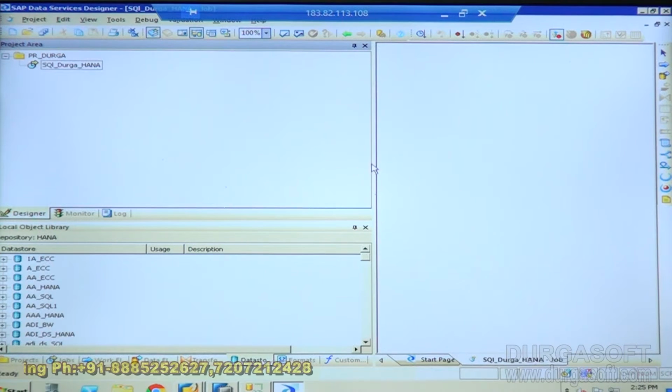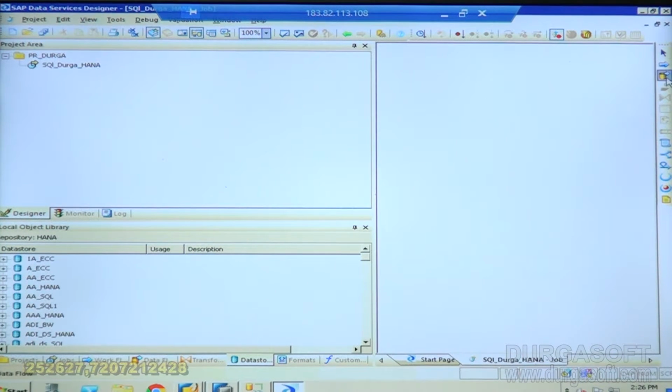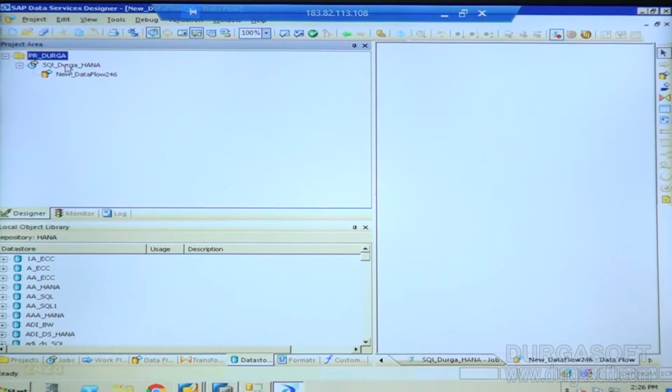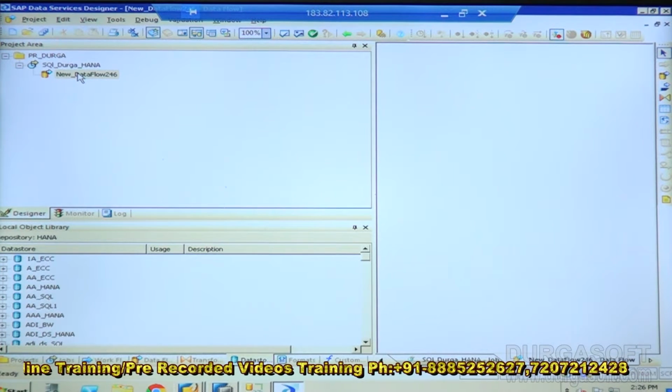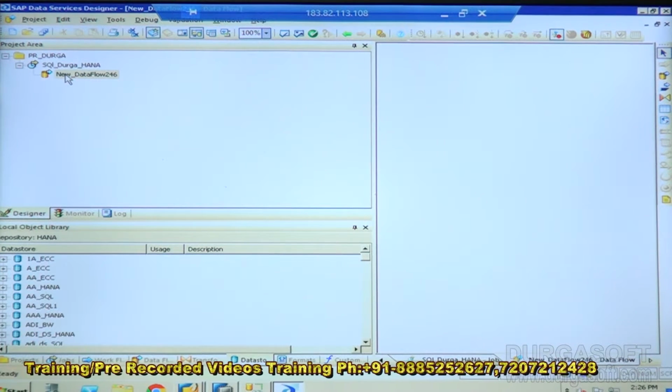So I'm loading data from this one, and you can see when you expand the part, on the right side you can find the option called data flow, this icon here. Just click on it and drag it up. Then double click on this icon. What I do is I need the connection. So we got this project, we got the batch job, we got the data flow. Next step is we need the connection. That's called SQL connection. I need a connection from source system to target.